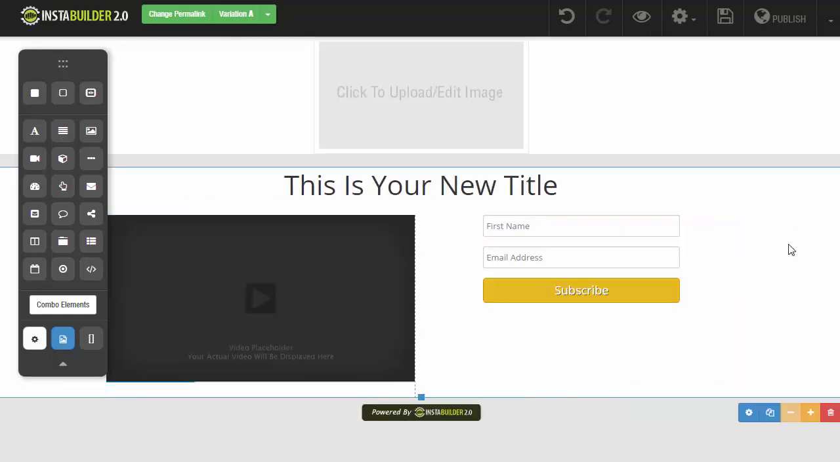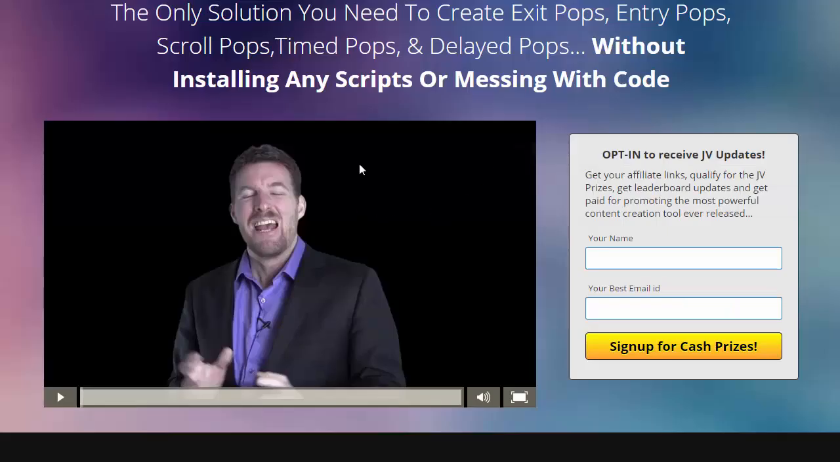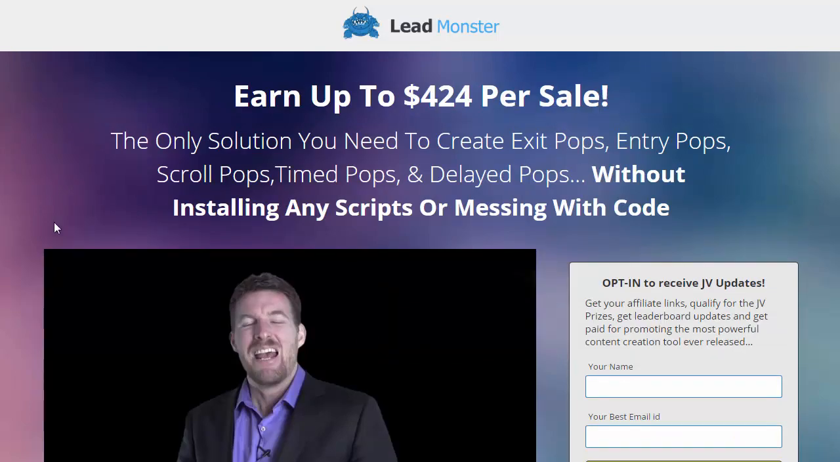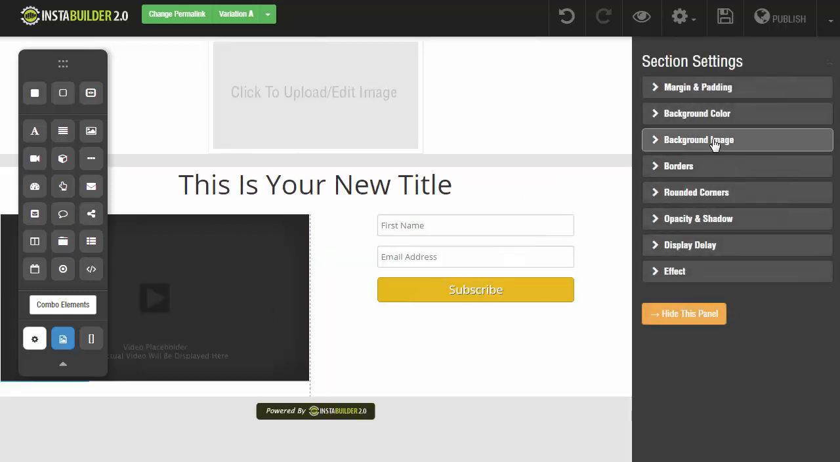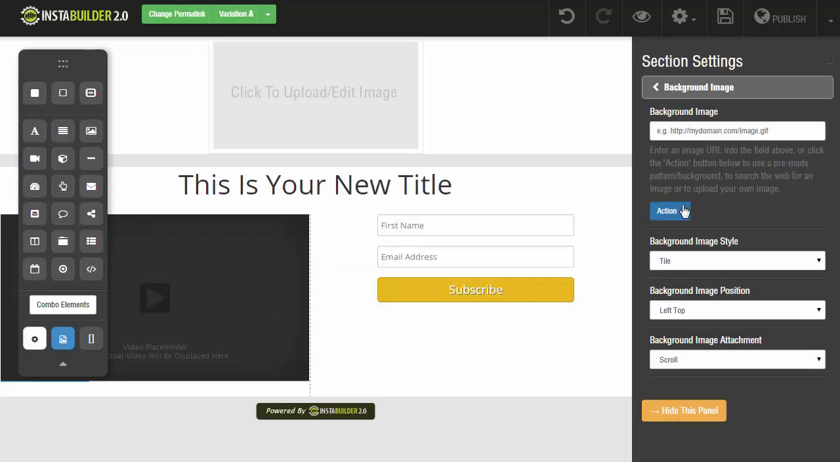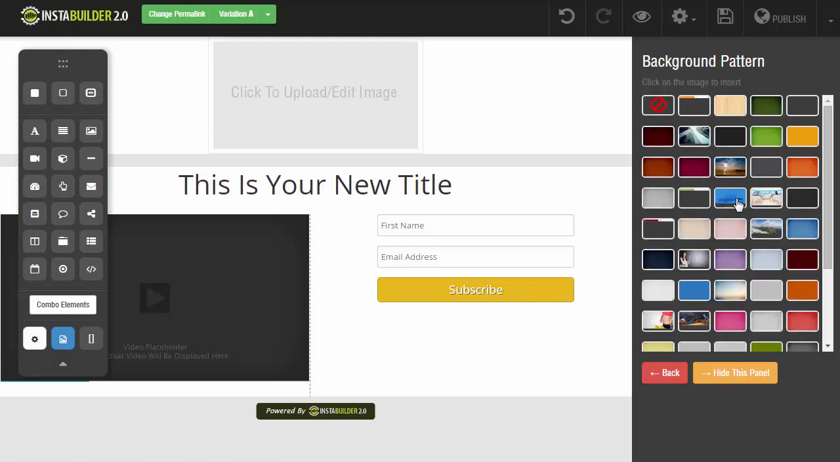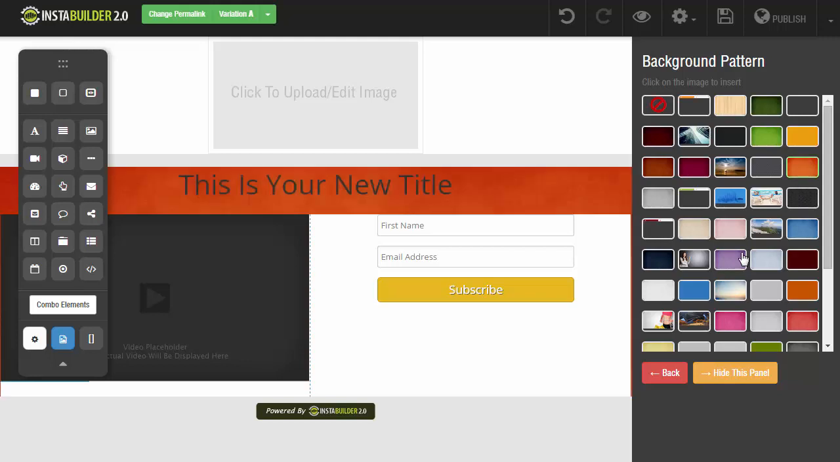Now to change our white background, we can see on Lead Monster they have a nice abstract background. To use something like that, we just need to click in the background of our wide section. We need to go ahead and click on the gear symbol, go to background image, click on action, and we can use a pre-made pattern. We can search for an image, or we can upload an image. So if I click on the pre-made pattern here, we have all these different designs that we can use. So if I was to click on this one here, for example, we can see that it gives us this